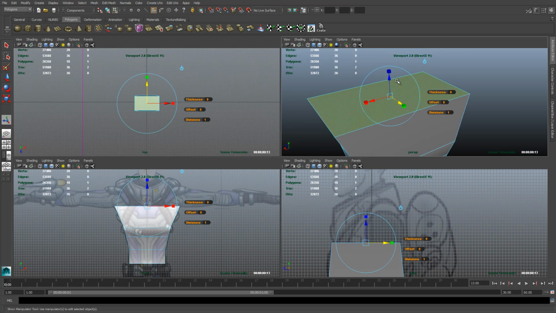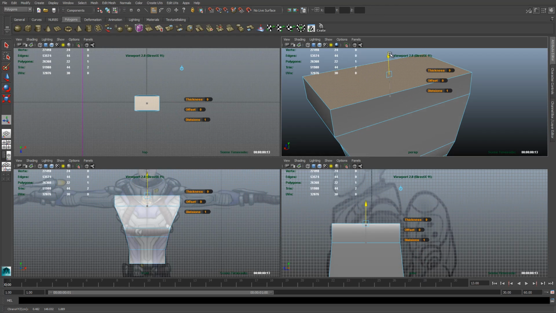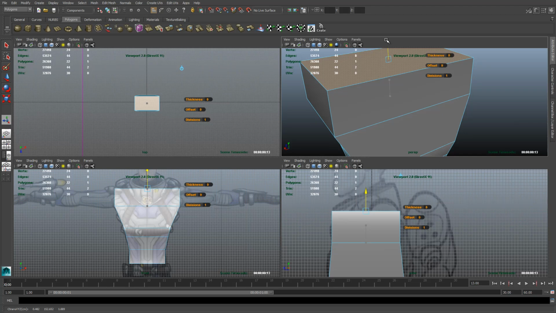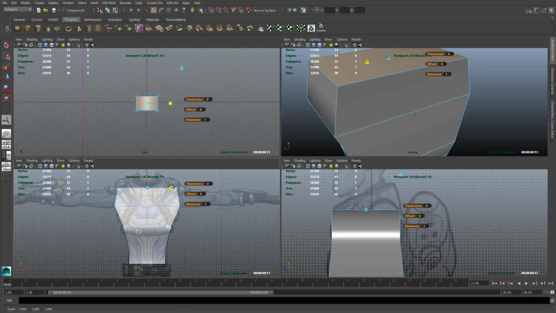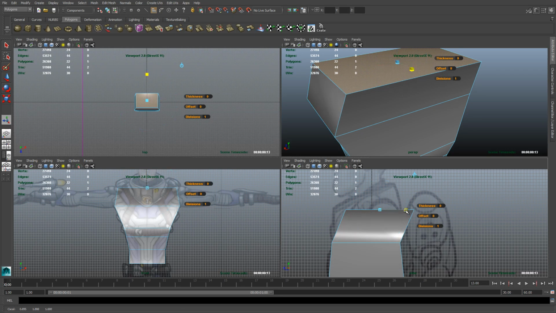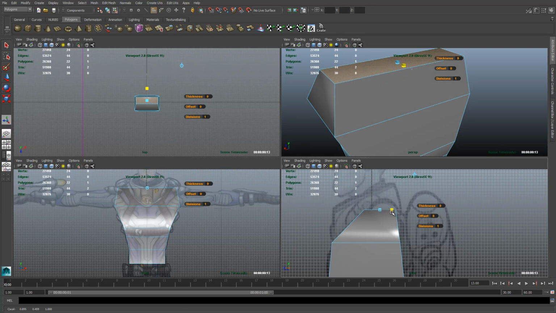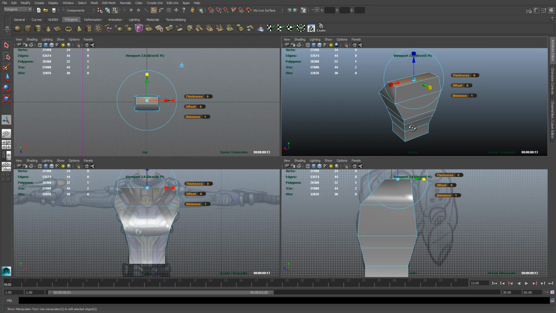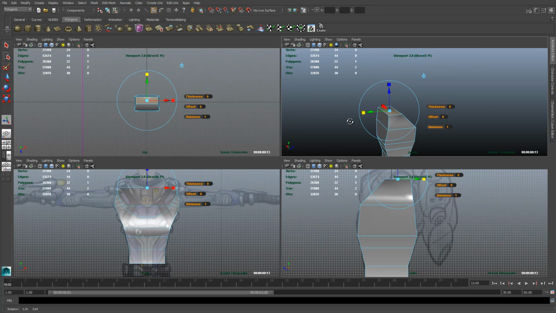And then we'll repeat our command using G. Extrude up all the way this time. We're just going to go up to the shoulder here. And in this case, we're going to scale it in just a little bit. And then we'll scale it in the side here considerably. Alright, so that gives us a basic shape for our torso, a nice little box shape, and obviously this is